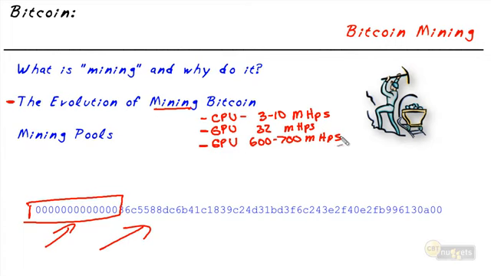And there's tons and tons of documents out there. If you search for Bitcoin mining and GPU, there's just documentation after documentation saying this video card does this and this video card does that, and here's how to tweak it, and here's the operating system you'd want to run to optimize that process. But you can see how somebody with a GPU, a graphical processing unit, in their video card doing 700 mega hashes per second is going to have a bunch more success than somebody with their CPU at 3 to 10 mega hashes per second. It's just orders of magnitude faster.